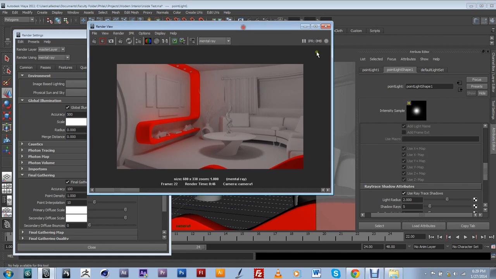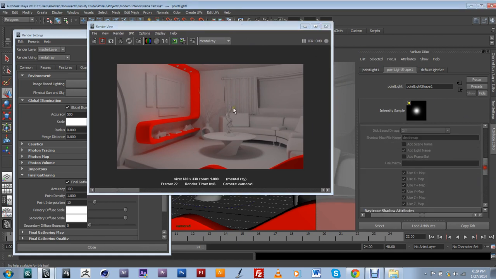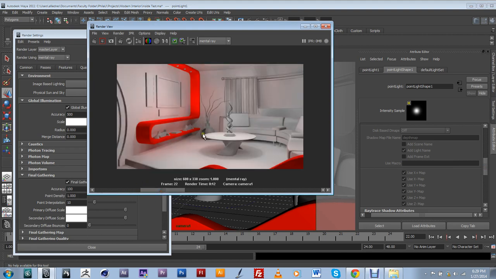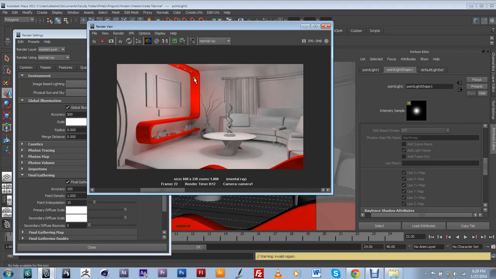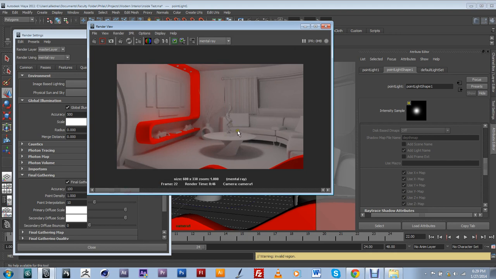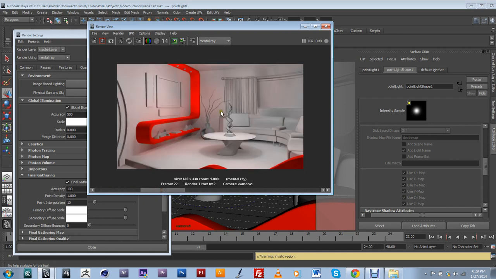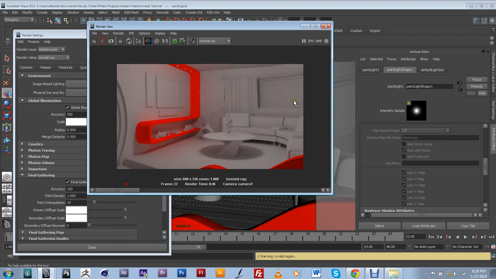But to fix those, again, we can always go back, but you can tell that a lot of the spottiness that we're having with the original render, as you can see right here, and over here, that stuff is gone, and now we have a nice soft render with really nice global illumination. So the final gathering went in there and just cleaned up everything really nicely for us. And again, we still got a little bit of graininess here,